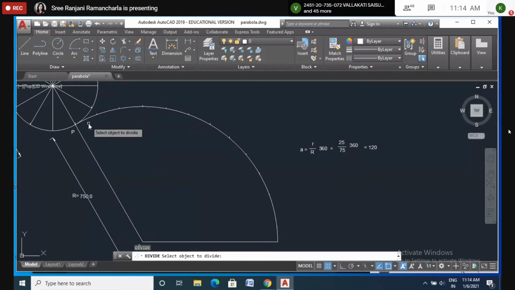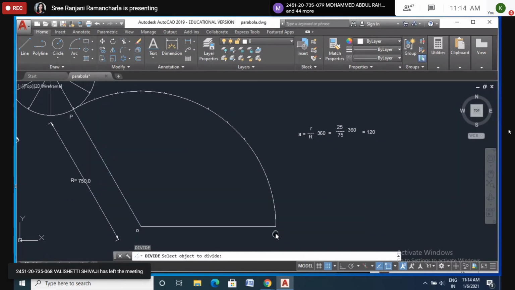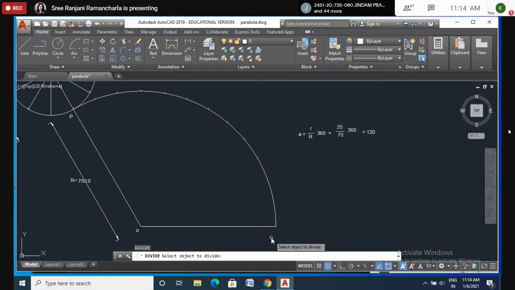Take approximate length, 1/3 of this curve, approximately 1/3 with compass. Let us say I'm feeling this is 1/3 from here to here. Okay, approximately. Then this one as a center, cut it here somewhere. Again, this one as a center, cut it here somewhere. Again, this one as center, cut it here somewhere. So, suppose if this curve is cutting here beyond this line, right?